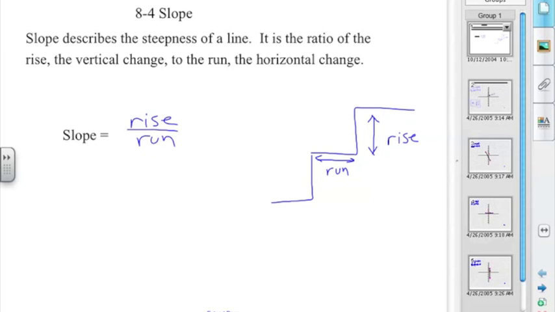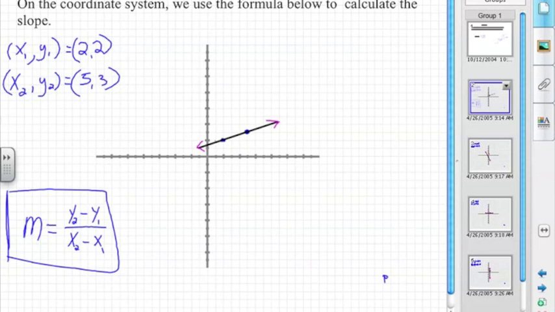We can mathematically figure that out from a graph on a coordinate system. We're going to use the formula that's in the lower left-hand corner. M will always be the slope of a line, and you can see that it is given by y with a little 2 subtract y with a little 1. We'll say y2 minus y1, and then that's the change in rise, and then you have the x2 minus x1